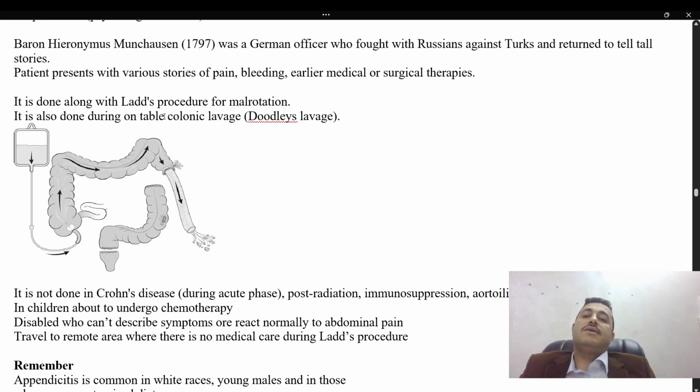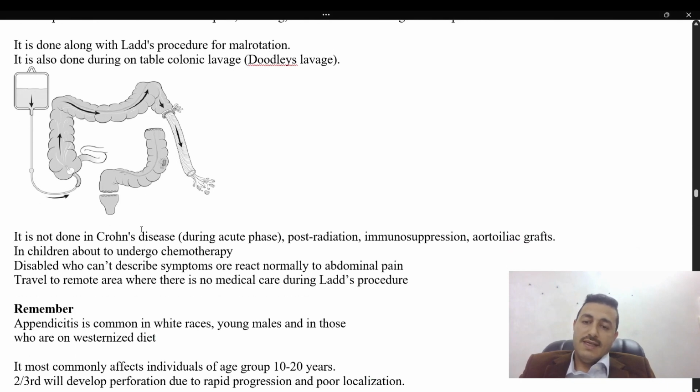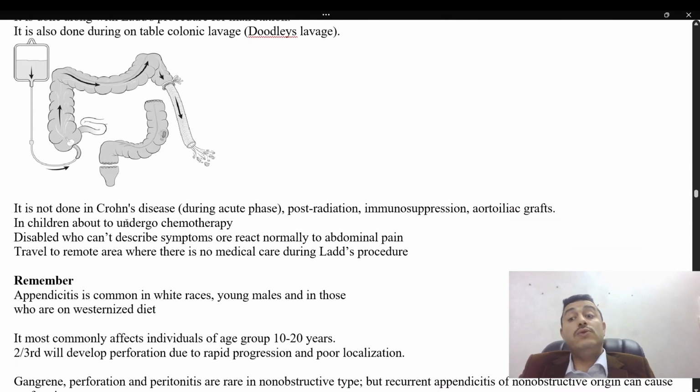Another scenario is when we do colonic lavage, on-table colonic lavage, called Dodd-Lyes lavage. You can see here it's entering through appendicostomy. They do colonic lavage. Here appendectomy is indicated as incidental appendectomy. We do not do